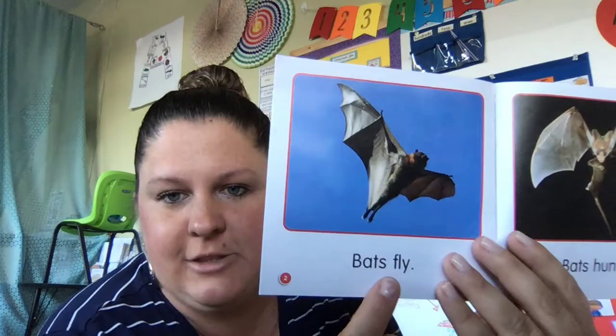But I do have one more book to show you. And this one's a very simple book, but it's called Bat Facts. So let's look at it. And then I'll have these books in the classroom for you when you come to school so you can look at them. But it says, bats fly,